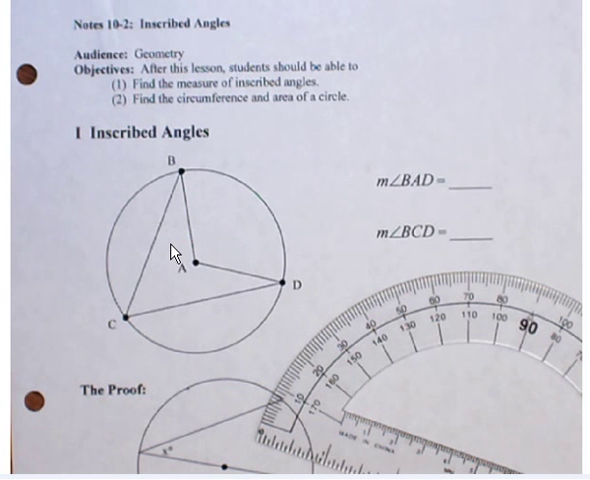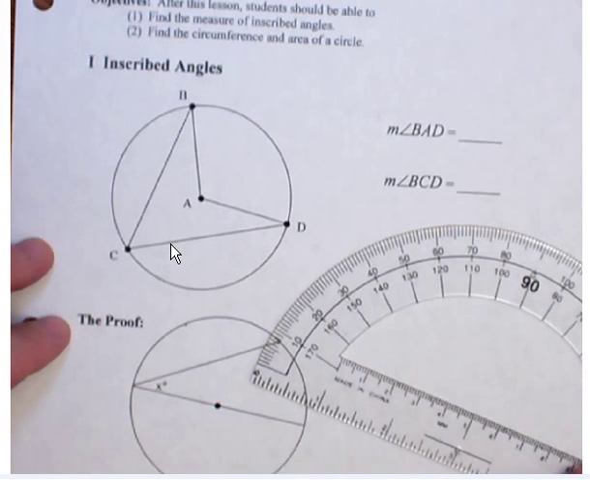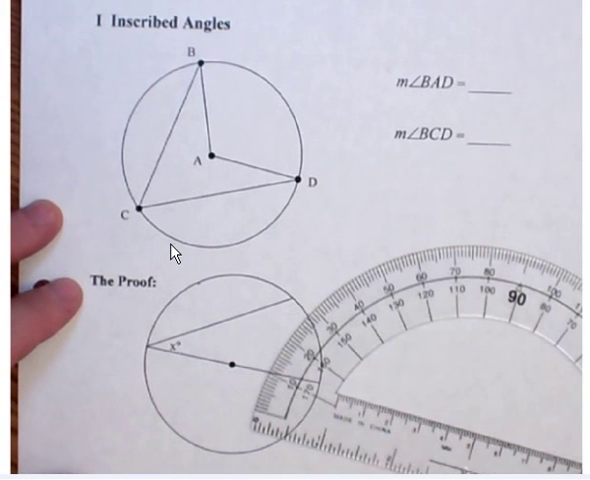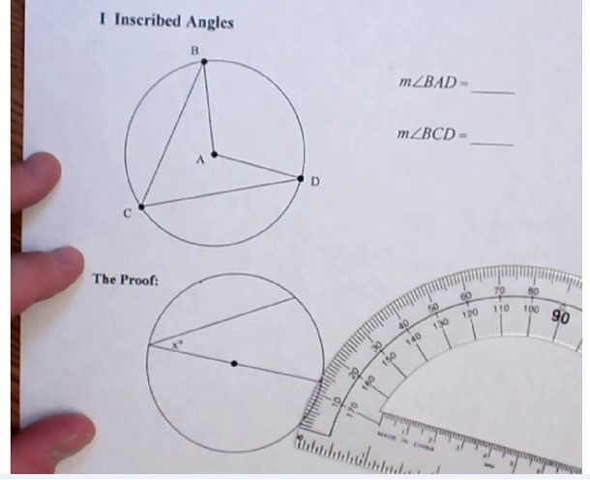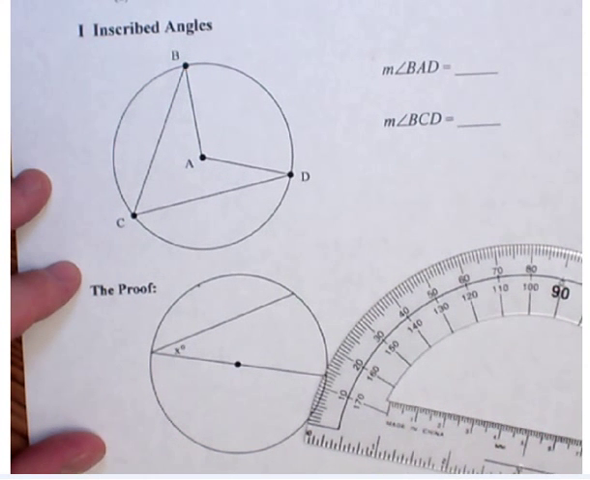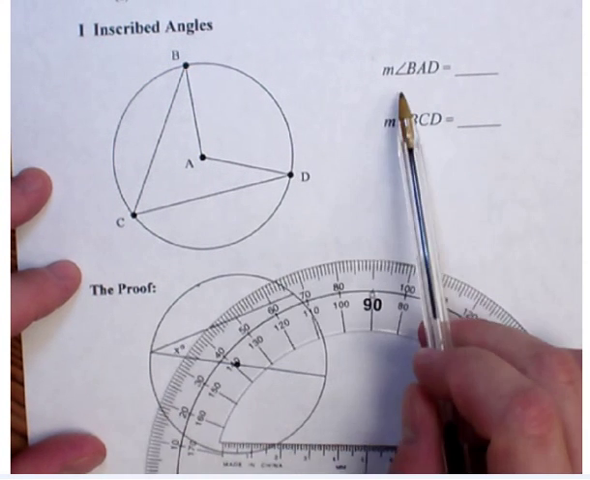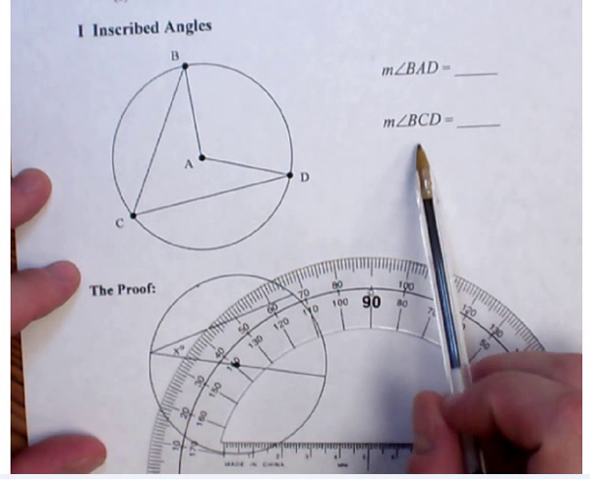Okay, geometry fans, today we're going to talk about inscribed angles in circles. We're going to do a couple of things here. First of all, just to talk about what is an inscribed angle. In this picture here, there are two angles that we're going to measure. The first measurement that we're going to make is angle BAD, and then the second angle that we want